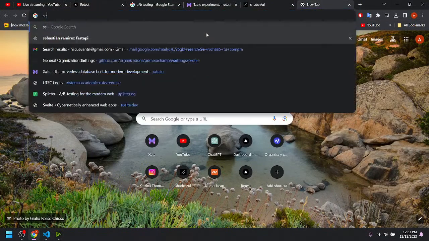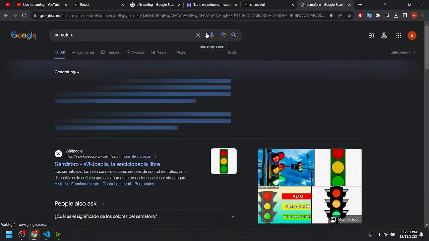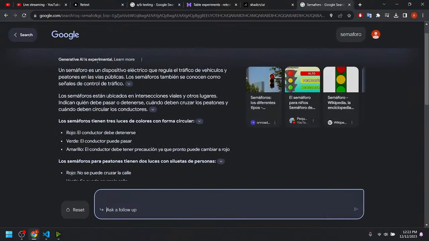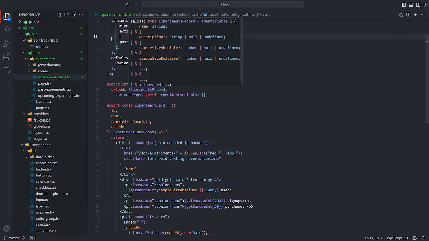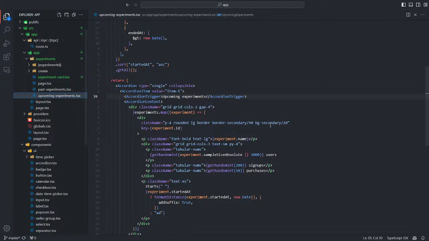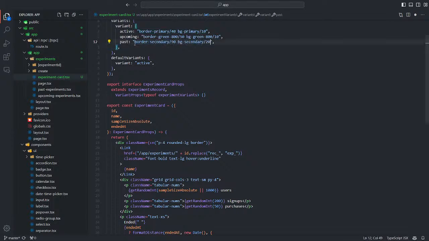Okay, I think we could change a bit: right now the upcoming events could be green, and the past events could be a bit dark. Let's see how it goes.